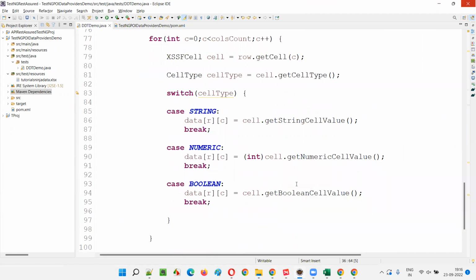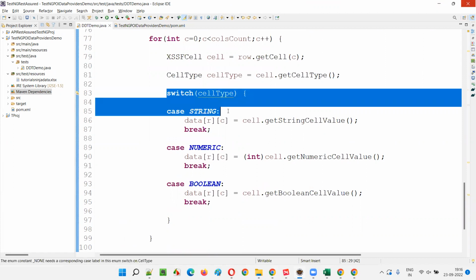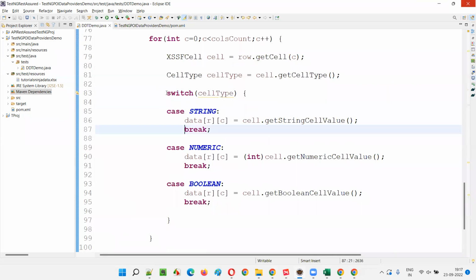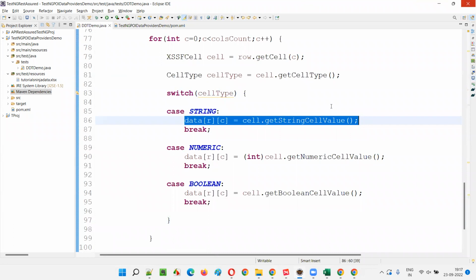What if, whatever it is, I take it as a string value, then I don't have to use a switch case. Okay, let's try this out, guys. Okay, let's do one thing. I'll just do one thing, guys. I'll just only put this one